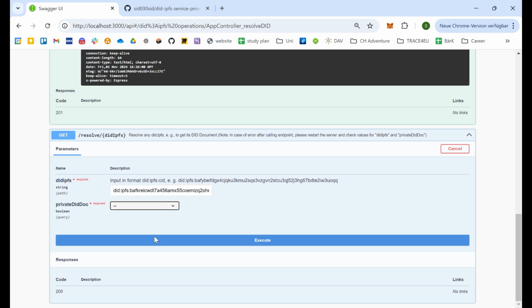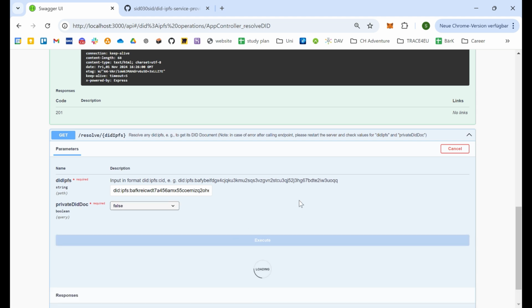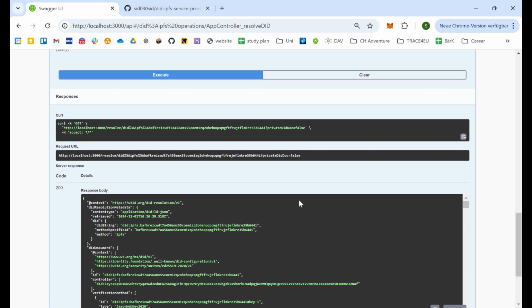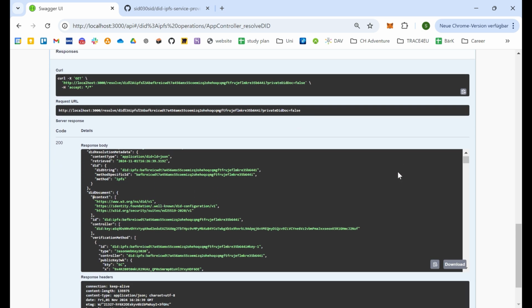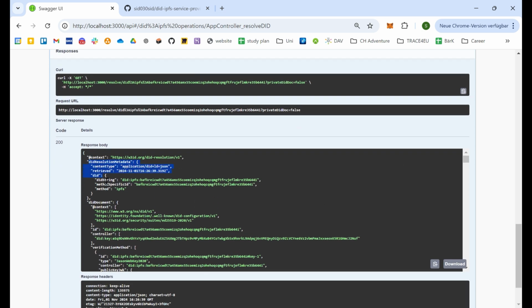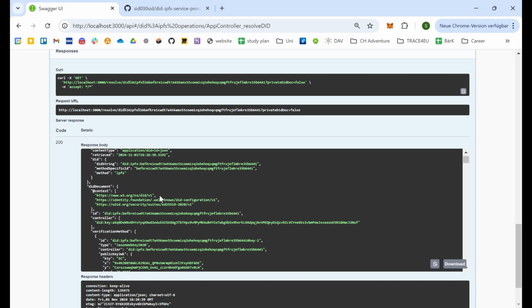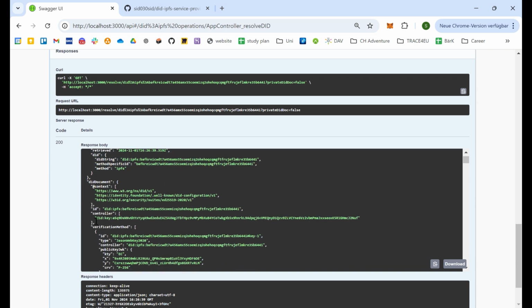We tell the provider where the DIF document lies. It is stored in the public IPFS, so we set the private DIF doc input to false, and we execute the resolution of the DIF IPFS identifier. As a result, we get the DIF resolution object, giving first some metadata, and secondly the DIF document. The DIF document attests